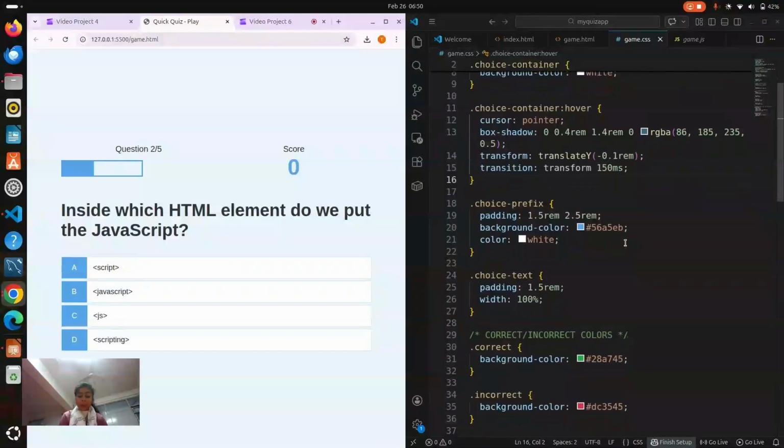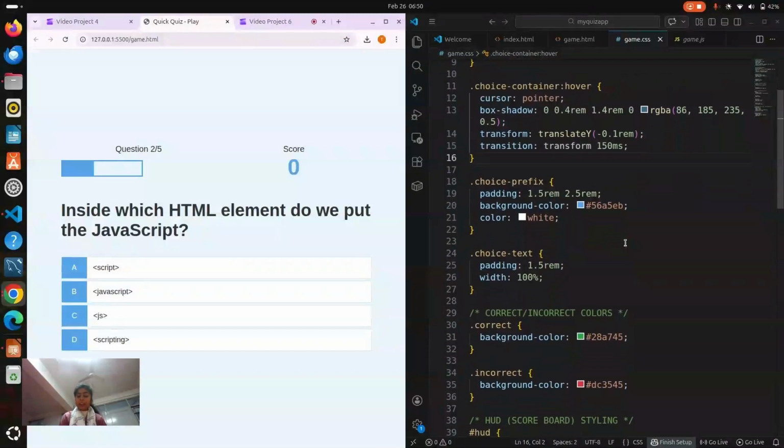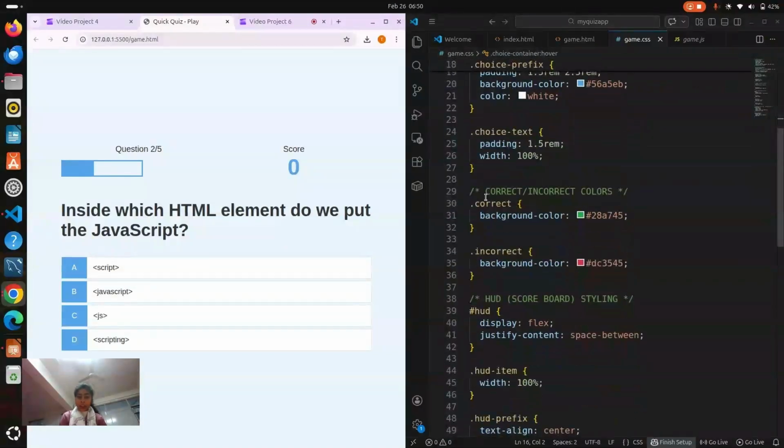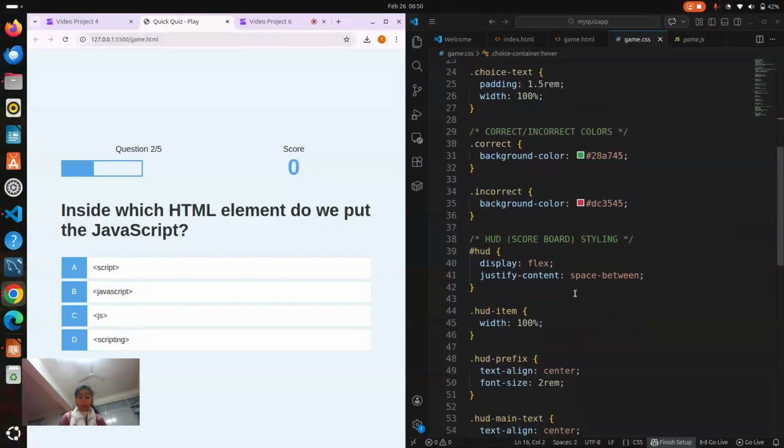Lastly, I created two special paint buckets at the bottom of my CSS file. You can see here is the correct and incorrect. A dot correct class with a green background color and a dot incorrect class with a red background color. But wait,